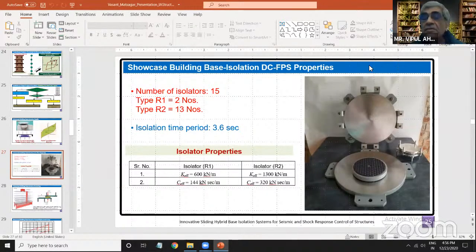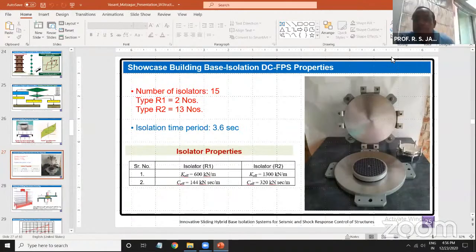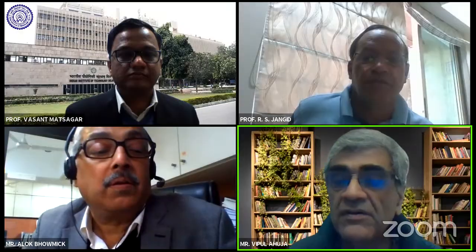Yes, hello. SMA is a supplementary device which is used along with the base isolation system. It is again further used to dissipate the energy. That's one purpose. And second, it reduces the displacements. Okay. So it has been tried, but it's still more experimental right now than in production. It is in experimental stage.